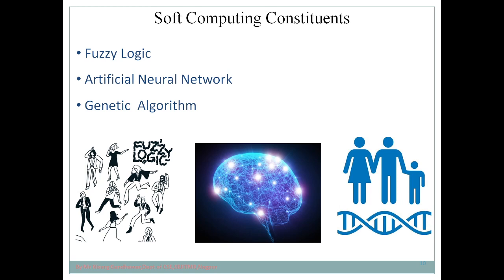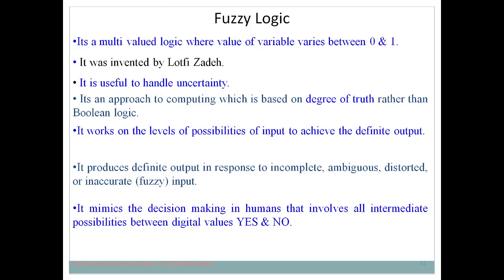Very first we discuss fuzzy logic. I will tell you the meaning of fuzzy. Fuzzy means the thing which is not clear. The thing which is not clear is called fuzzy. Now why is there a need for fuzzy logic, how does fuzzy logic help us, and what kind of problems can we solve with fuzzy logic? As I told you in the previous videos, there exist two logics: Boolean logic and fuzzy logic.